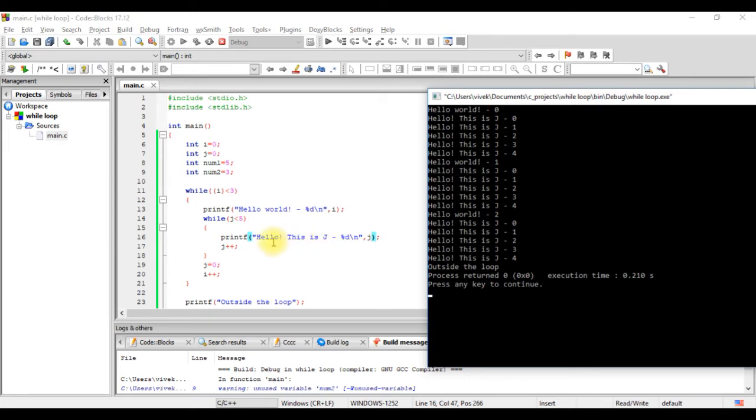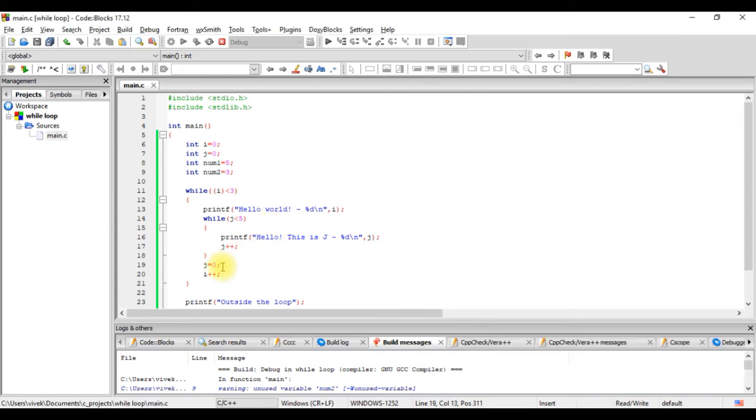Then we have j, this loop runs. J we have 0, 1, 2, 3, 4. The moment it becomes 5, it goes here, this becomes false and it comes here. And then the value of I becomes 1, this is printed 1, and then again the j loop continues. Then I becomes 2 and the j loop continues.